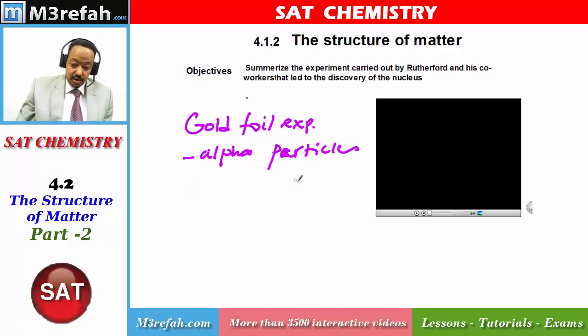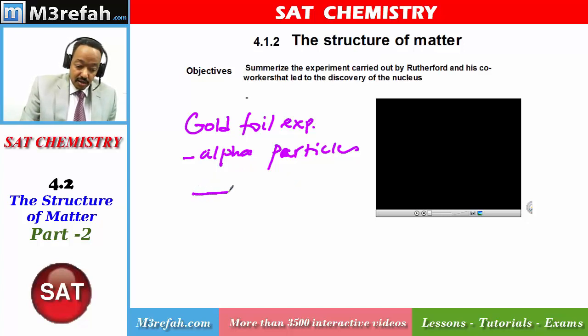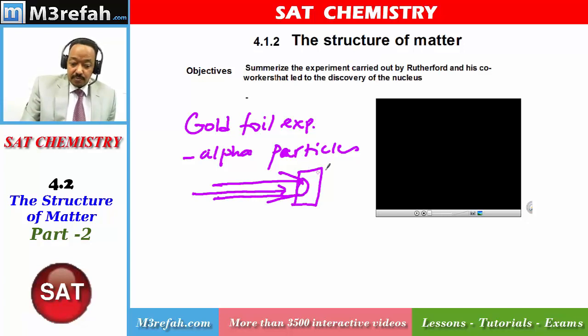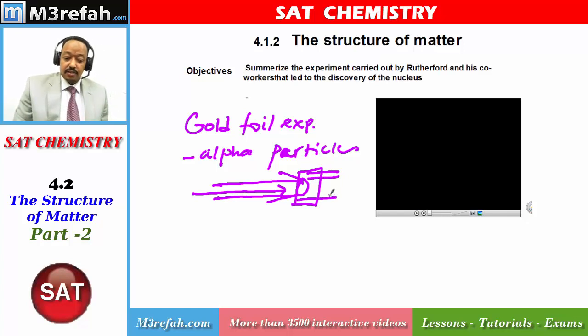And what was the experimental outcome? He bombarded alpha particles into the gold foil, and he observed bouncing back of the alpha particles at a certain point, and the rest pass without any problem. So in this experiment, he was very fascinated, because how come a very strong alpha particle bounces back from a thin foil of gold? So he was able to conclude certain points, and the first part is there is something